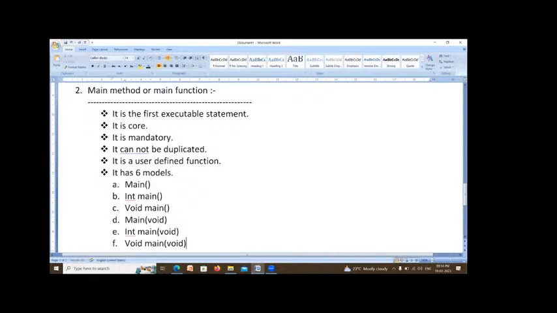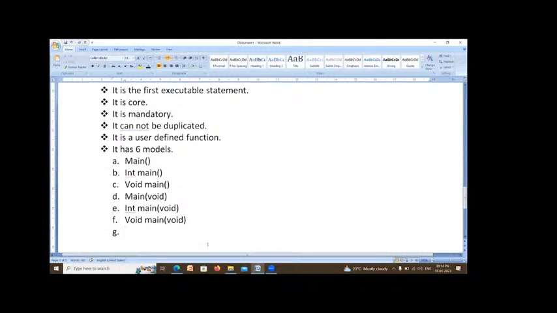You can write the main method in the following 6 models. Any one model you can follow. I am following the 3rd model. You can follow the 2nd model, the 1st model, or the 4th model. Any model you can use, no problem at all.